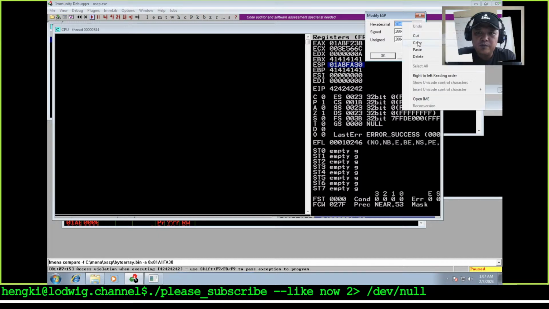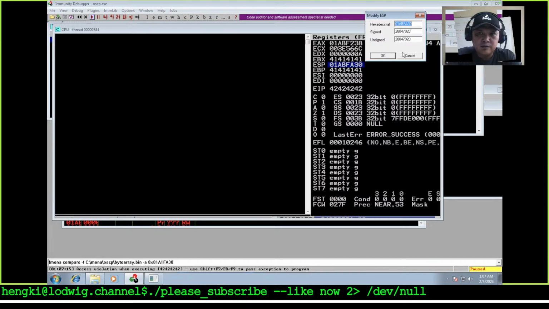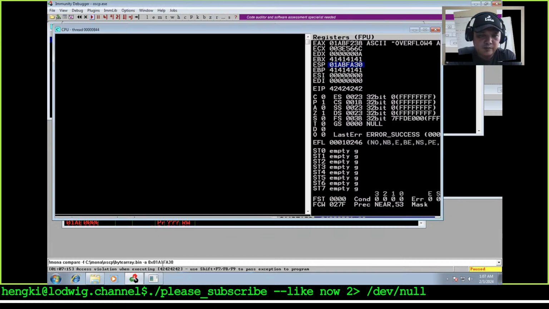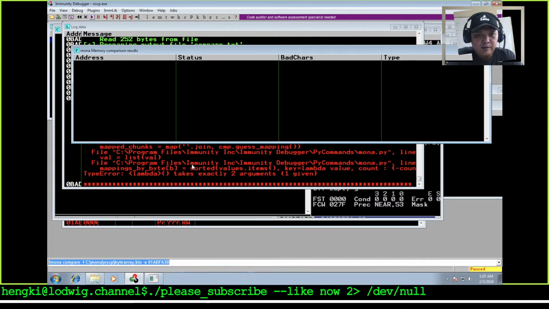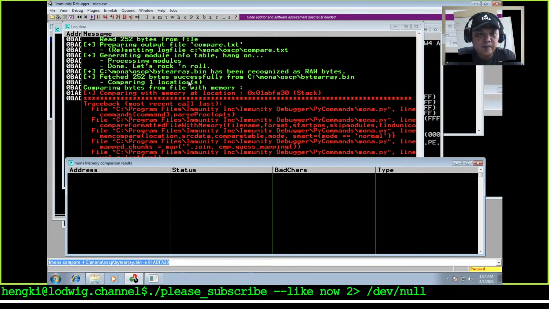Let's copy and Ctrl V and enter. Why? Immunity debugger bad char is different. Comparing with memory location at the stack. Traceback last. I think our last bad char is